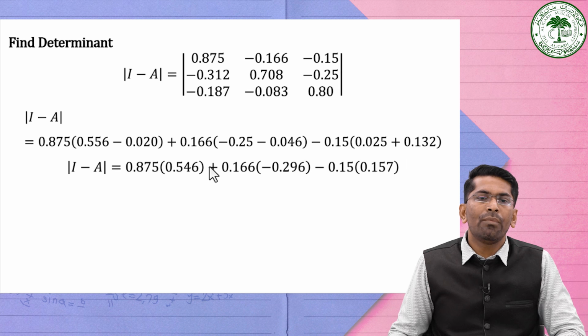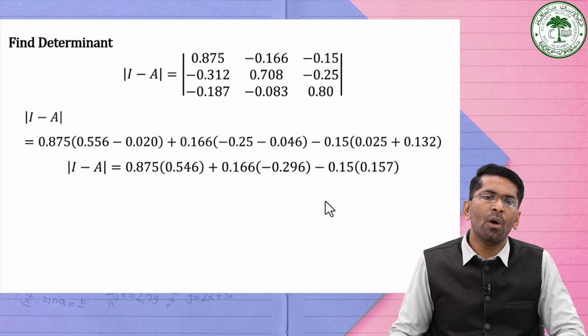If we simplify it, 0.556 minus 0.002 is equal to 0.546 multiplied with 0.875, plus 0.166 into, if you take the difference here, you add because of the minus. So 0.25 minus 0.046 is equal to minus 0.296, minus 0.15 into 0.025 plus 0.132, which is equal to